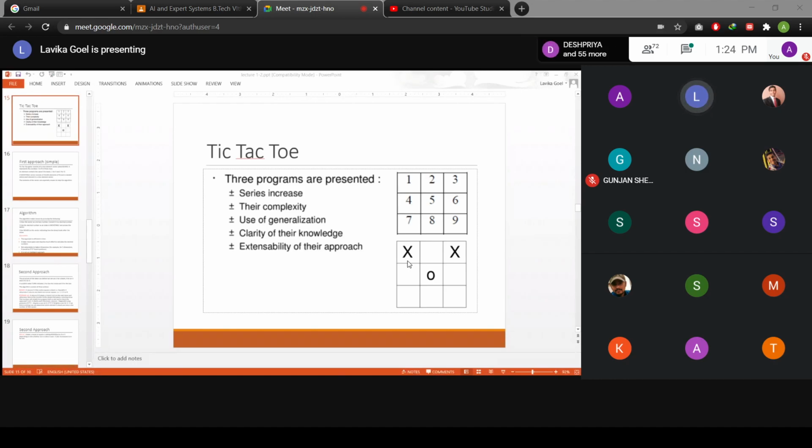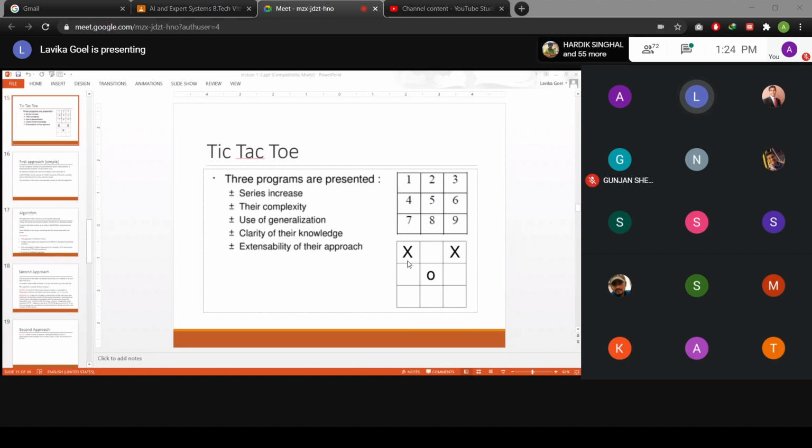It's called making a fork because it has already occupied the 1 and 9 positions. So now if it occupies 7 or 3, any one of them, it will definitely win in the next move. Suppose it has already occupied 1 and 9, and now it has also occupied 7, then it is guaranteed to win, isn't it? Yes or no, students? Have you played tic-tac-toe? I think you might have realized how we play it. It's called making a fork.